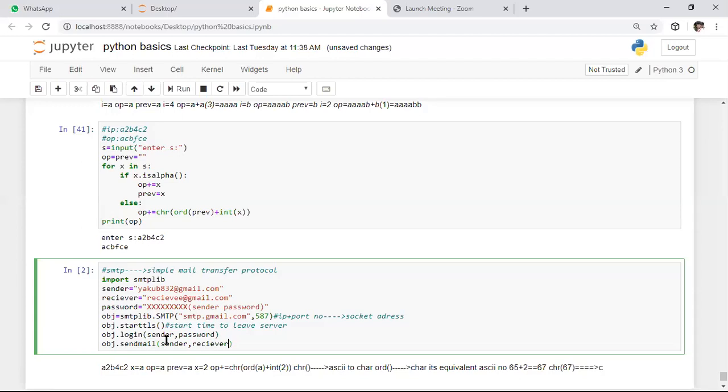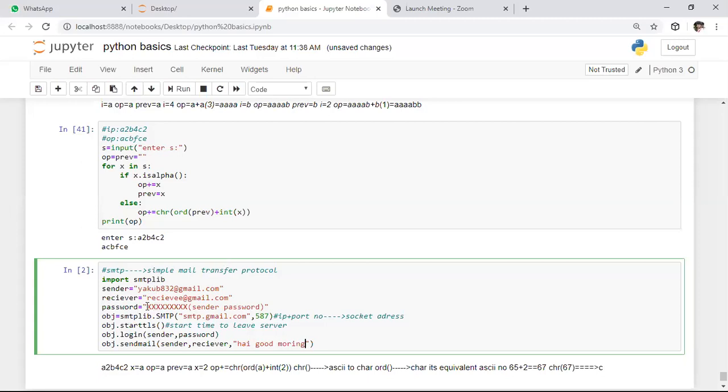So initially we specify the sender mail ID, and next we specify the receiver mail ID. After this, we need to specify the text message which you want to send to the specific user. So here I'm saying hi, good morning everyone. Whatever message you want to send, you can send that message. So if you want to send a mail to any person, here it is a basic program.